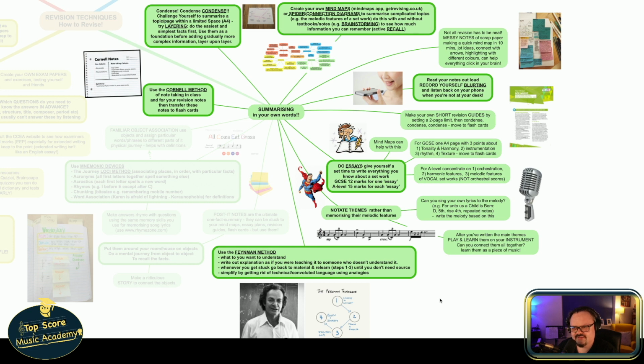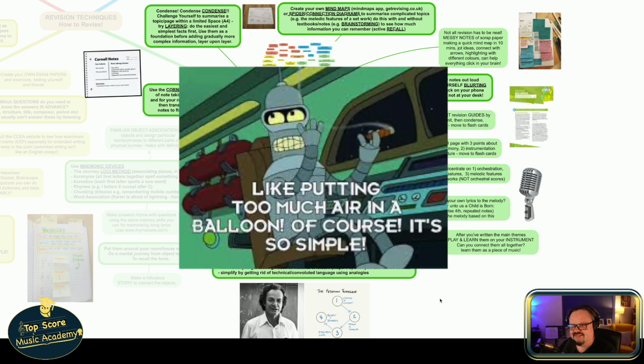Warp drives and plasmas and conduits and shield generators and things. And then someone will turn and go, "Oh, it's like pumping too much air into a balloon." That's what we mean by the Feynman method, the analogy that anyone can understand. So in this case, the audience who don't have a clue what they're talking about. I think actually Futurama did a really good sort of take on that if you want to check it out. But yeah, the Feynman method,